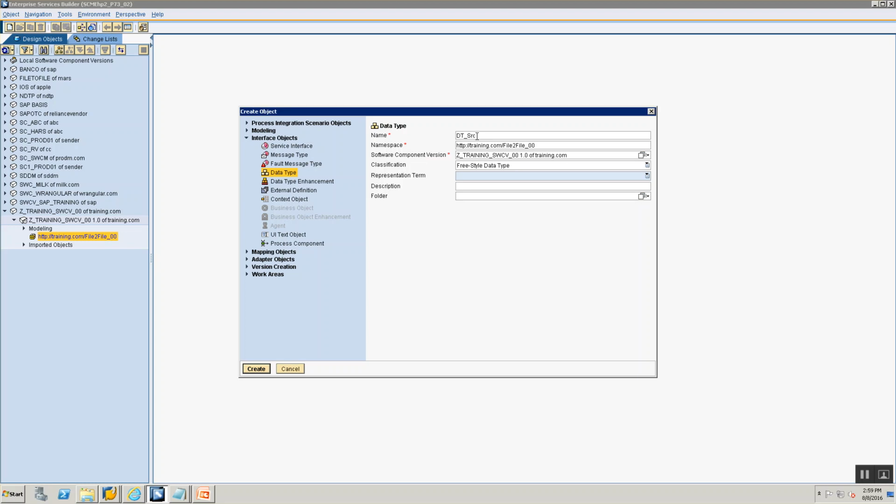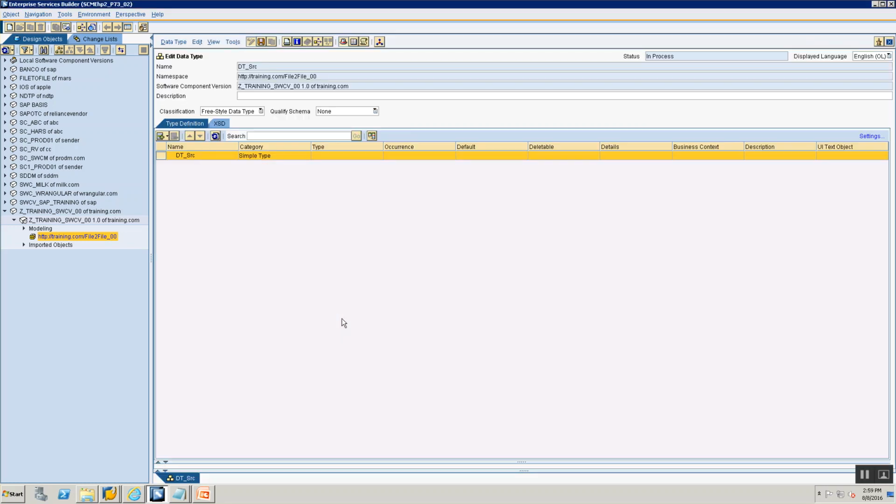Give the name of the data type. It is going to be dt_src. The combination of the name and namespace should always be unique. So these two in combination always have to be unique. So I'm creating a data type by the name dt_src, and I say create. The data type editor will open. So PI is intelligent enough to know for this object, this is the editor, and it will open the corresponding